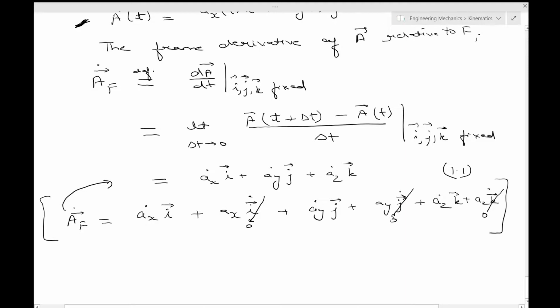So this derivative, A dot F is equal to ax dot i plus ay dot j plus az dot k, this equation 1.1,